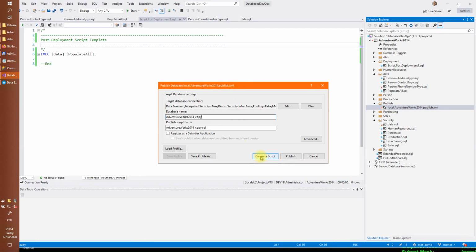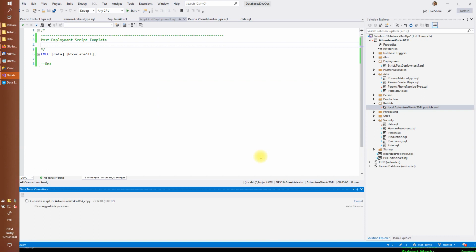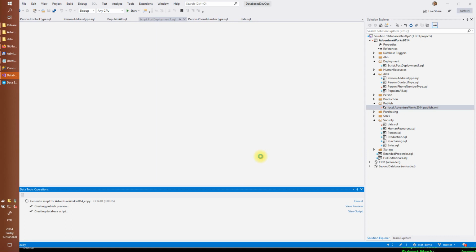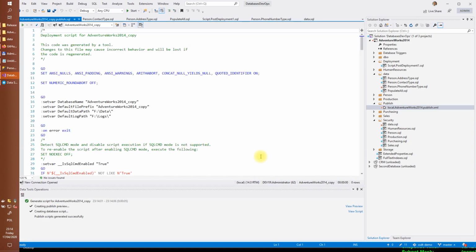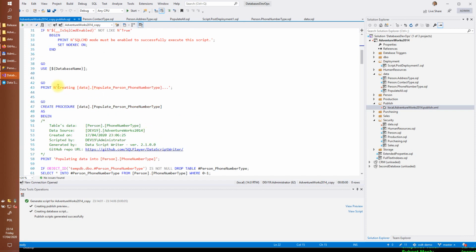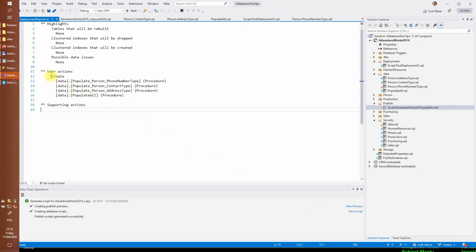So I'm generating the script because I would like to see what kind of actions will be generated and what the differential script looks like. So I can see, as you can see, the standard parameters etc. And basically SQL package creates for us the new stored procedure, because this is a new stored procedure, and we would like to see what kind of changes are prepared for us. There are actions, yeah. So four stored procedures will be created, and at the end of this